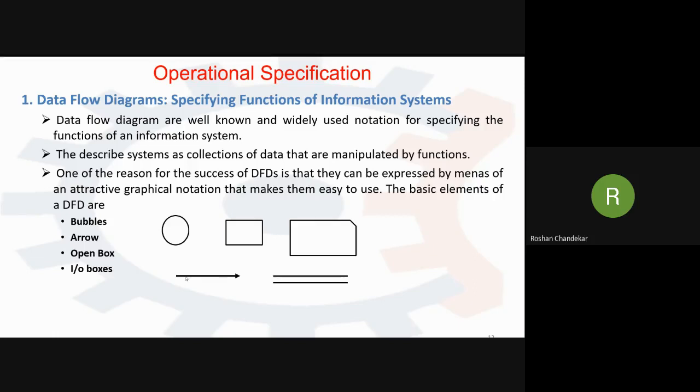The IO box represents the input data or the input device symbol, where we have to collect the input from the functions, from the information. That information is represented in a rectangle box or a square box, which is known as the input data flow. So these are the basic elements that we use while preparing our DFD. For that purpose, I'm going to take one example here.